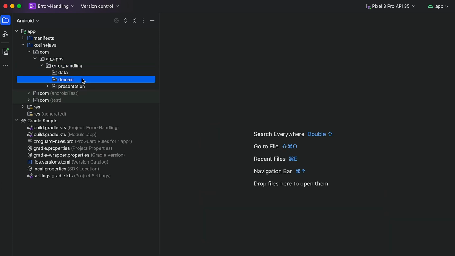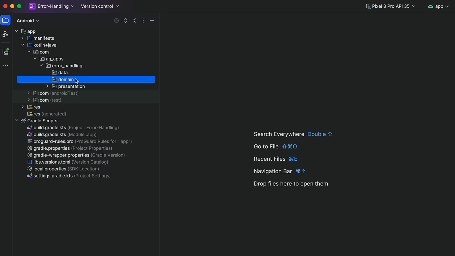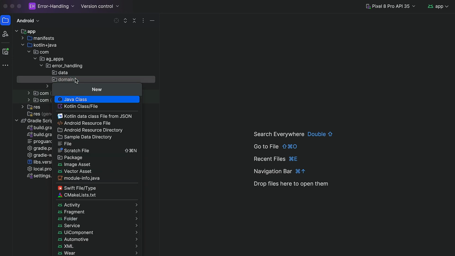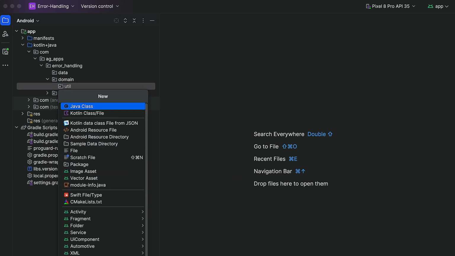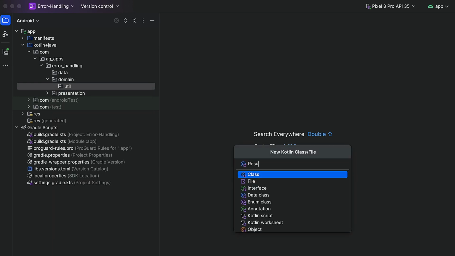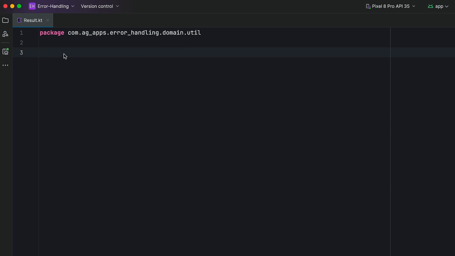So the first thing we need is a result class, because when we talk about an error, then an error technically is a result of doing something. So we need a result wrapper, and this result class will go in the domain layer, and I will put that in a package called util inside domain, like this, and then actually now not a package but a file, Result. So here we'll have the result wrapper, and it's going to be a sealed class called Result, of course,